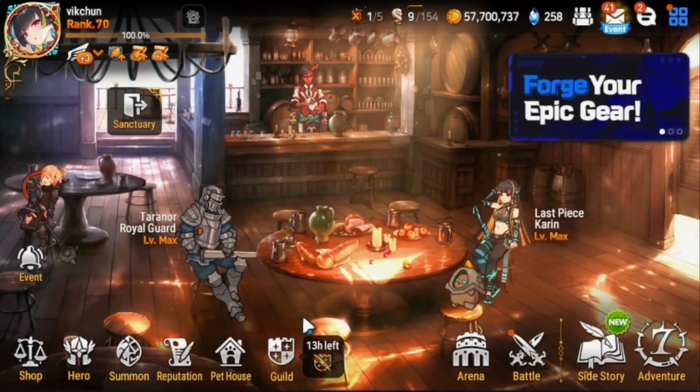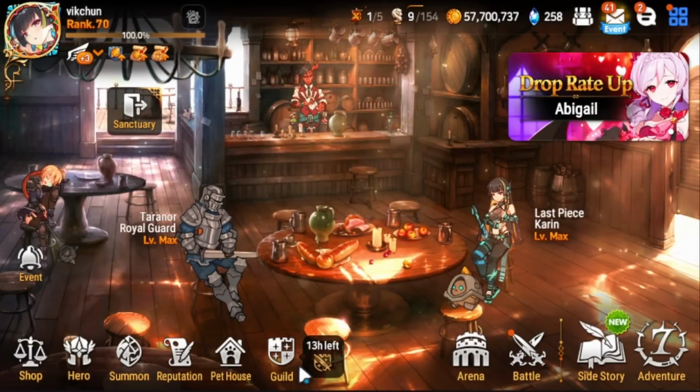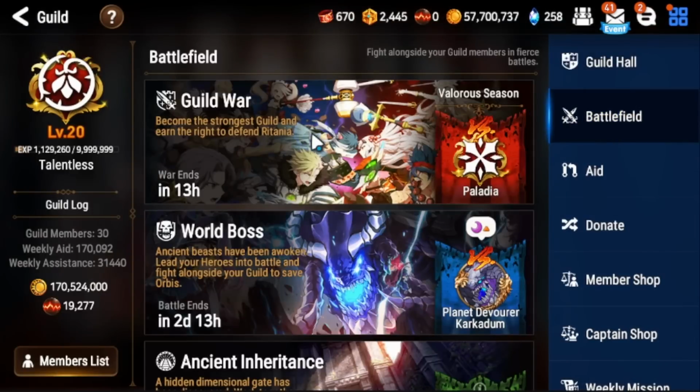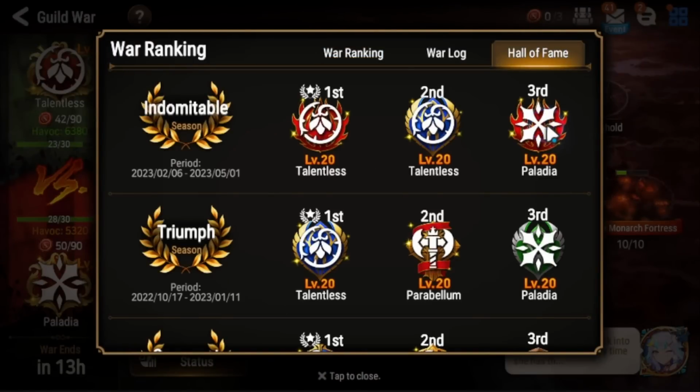What is up, YouTube? Today we're back with another Guild War video. We're currently rank 1 fighting against rank number 3, Paladia. They were also ranked number 3 for the past 2 seasons now. So definitely one of our most fierce competitors in basically all of Guild War. But as you can see here in the Hall of Fame, these guys were rank 3. And yeah, so it's going to be a very tight war, and we've got to make sure we stay as